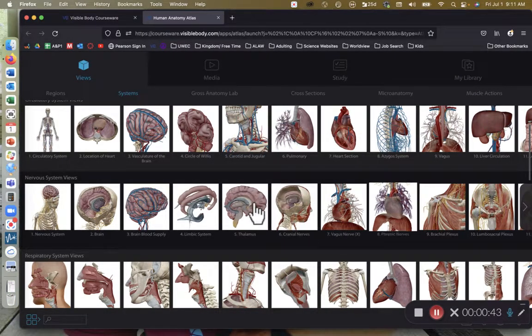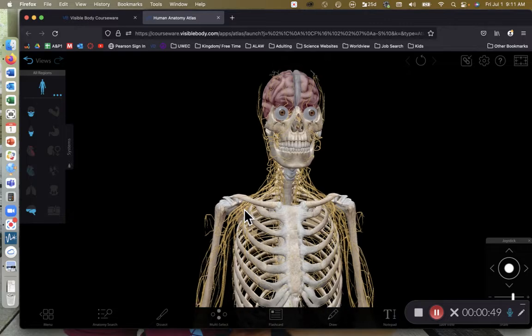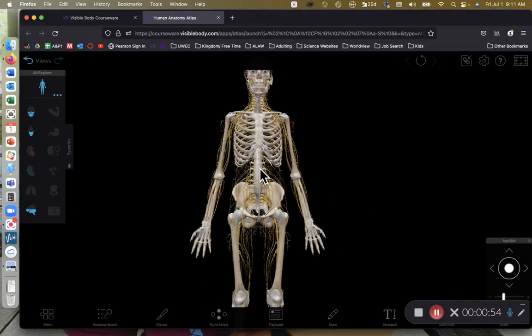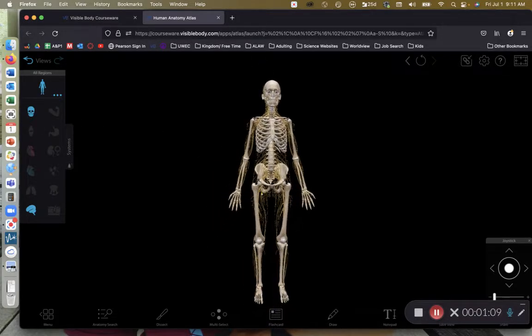I'm here at the system view in Anatomy Atlas, and I'm just going to click on nervous system. So here's our default view of the nervous system. So here's a human body with a nervous system and a skeleton for reference. I'm going to go ahead and remove the ligaments and connective tissues there. And we have our nervous system. I'm also going to go ahead and remove the skeletal system as well. So now we have just the nervous system